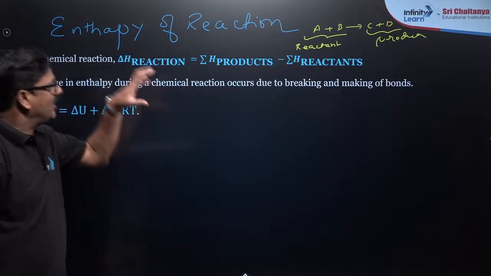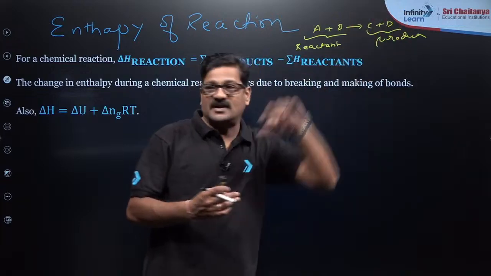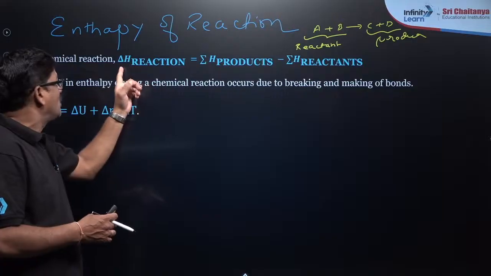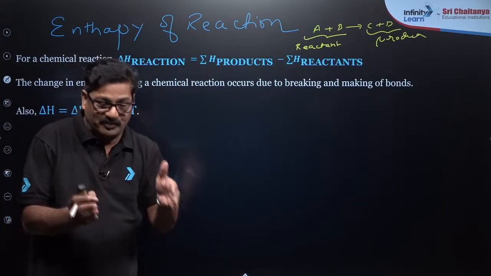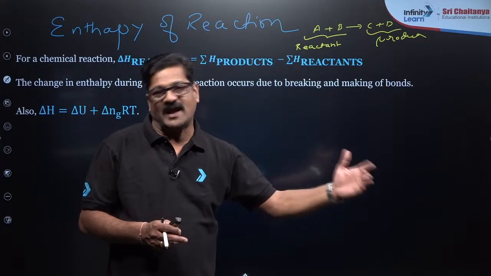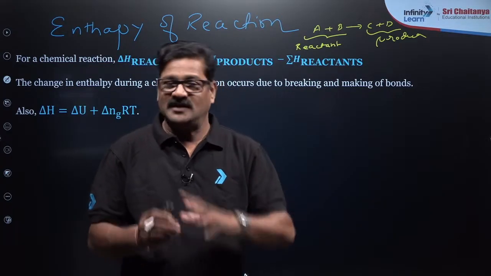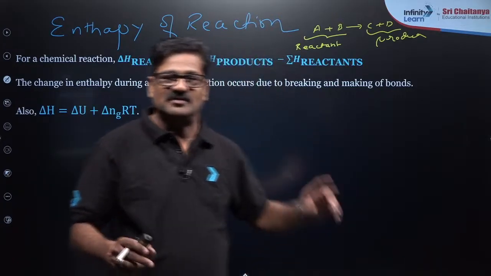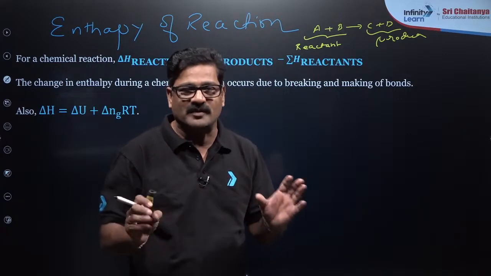So enthalpy of a reaction, I mean to say how much energy is released due to this reaction or how much energy is absorbed due to this reaction, can be calculated simply by taking the sum of the enthalpies of the products minus the sum of the enthalpies of the reactants. Product minus reactant, हमेशा product minus reactant होगा. Okay, in the entire thermochemistry, product minus reactant, that's it. If you apply the same fundamental anywhere, your problem is solved.